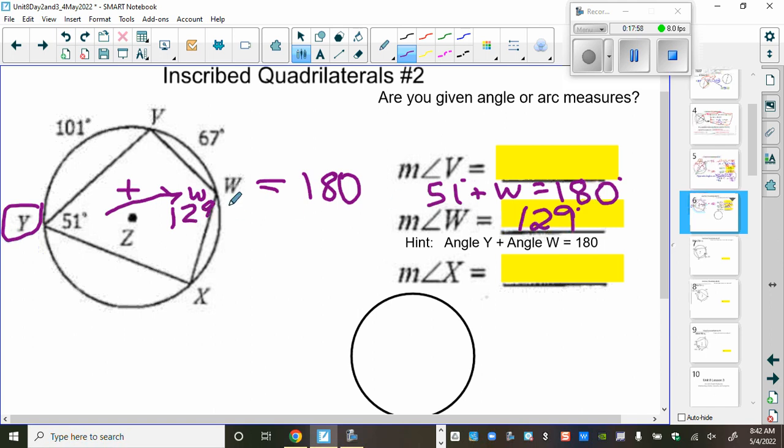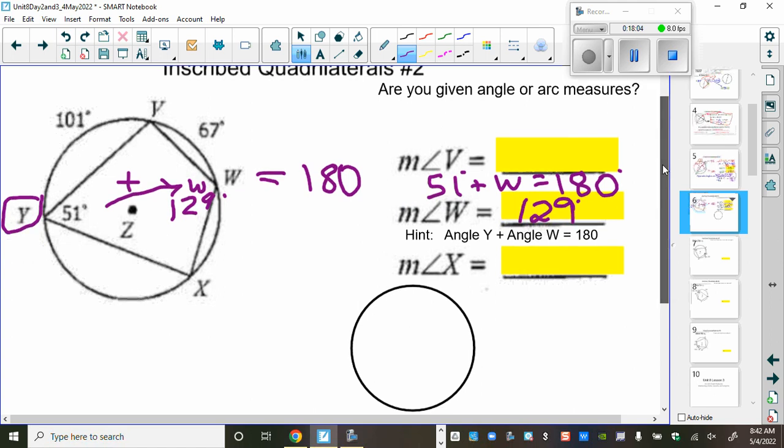Okay, now, that's the easy part. Here's the slightly more difficult, but it's not so bad. They also gave us this arc measure from here all the way to here. Well, they split this up, 101, 67. However,